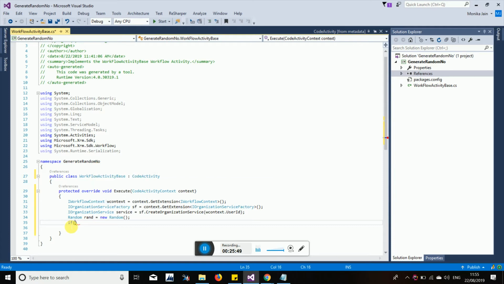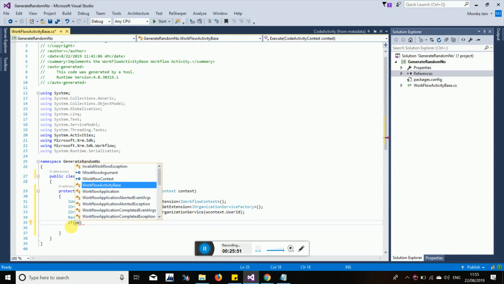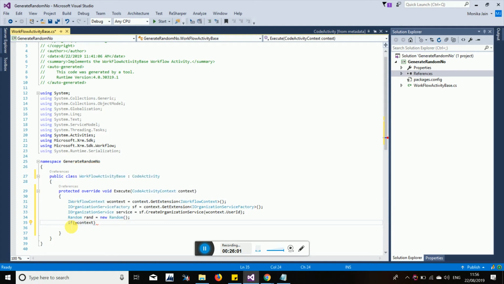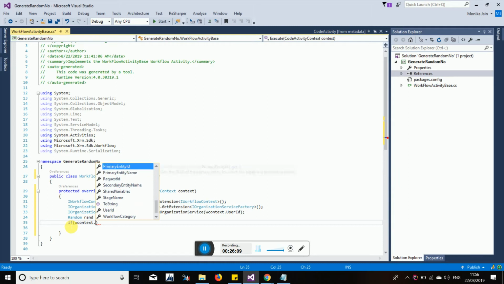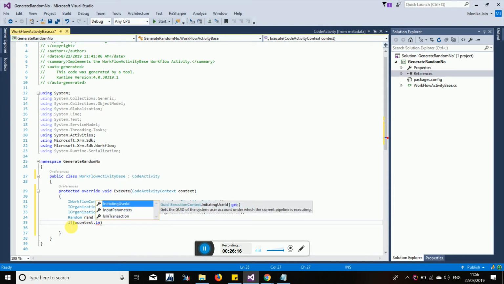In the workflow context, dot primary entity name. Primary entity means the entity on which the operation is getting performed, right?